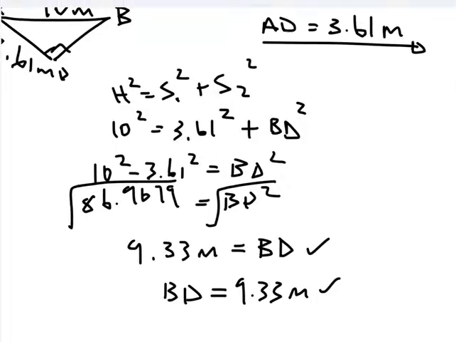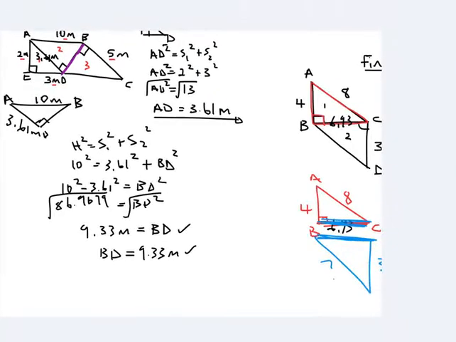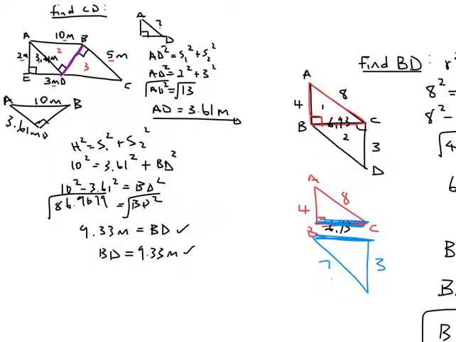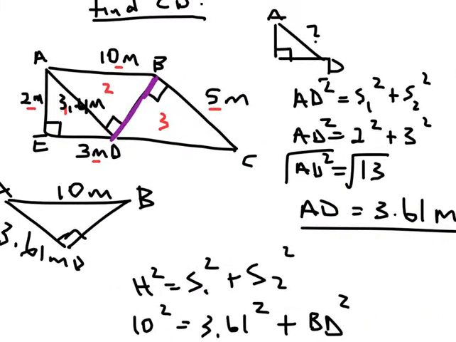Okay, so let's see. We are not yet done because we have not yet answered the other question. The question wants you to find CD. Where is CD? CD is this other side, but this one you just calculated to be 9.33 meters. Okay, so side CD, let's see, what are we looking at with regards to side CD? Okay, side CD looks like it should be doable. Remember, side CD,